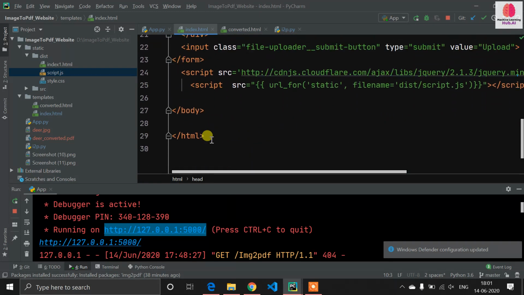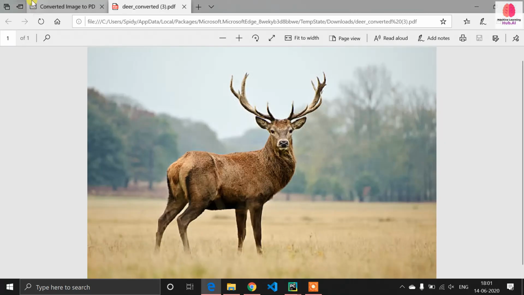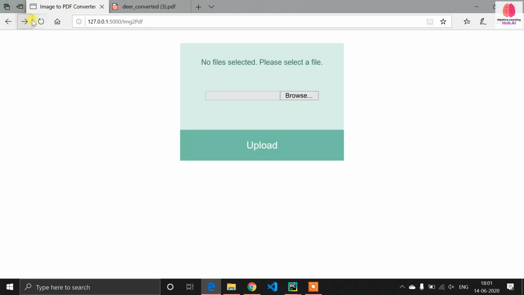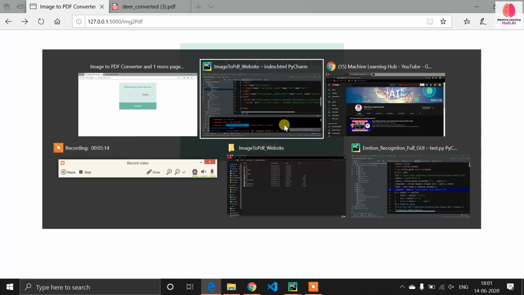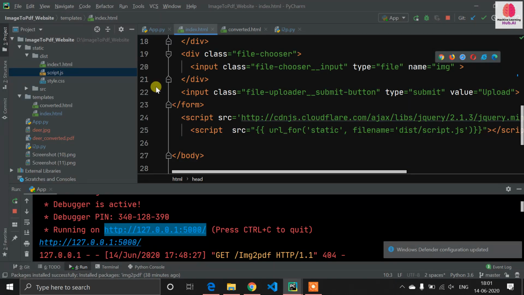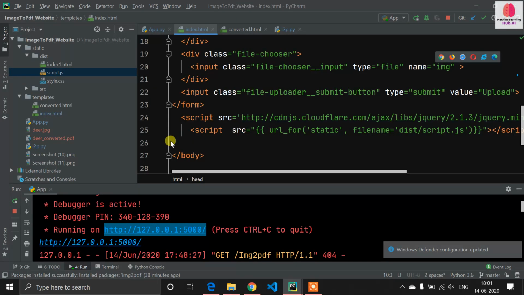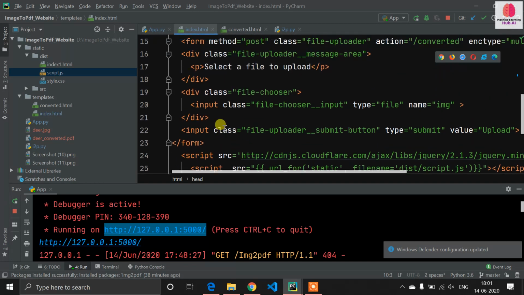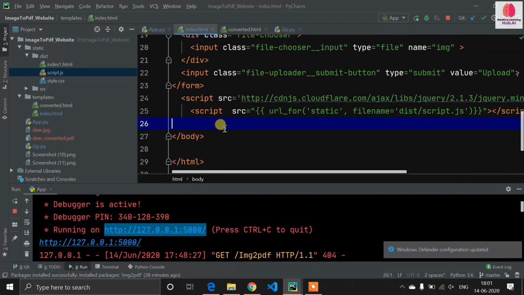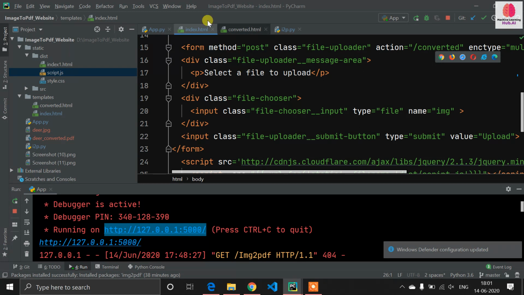So now this is the simple file. Once again, I'm just showing you the design. You can see this is the simple file. There is one browse button, an image uploader, and one upload button. It uses a simple downloaded CSS file. This template is just downloaded from the internet. If you want the code, then the code is available in my GitHub repository. There is nothing more to understand in this HTML file.